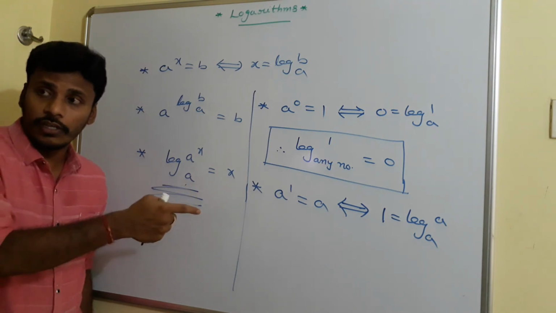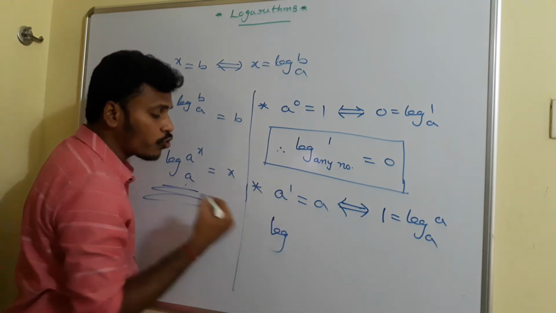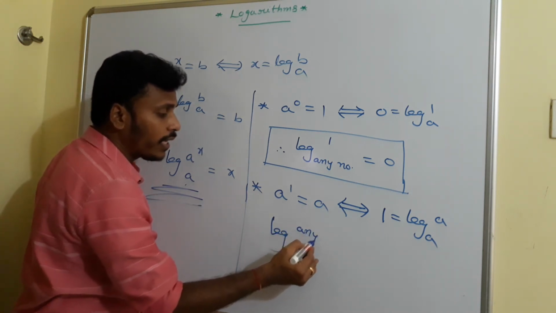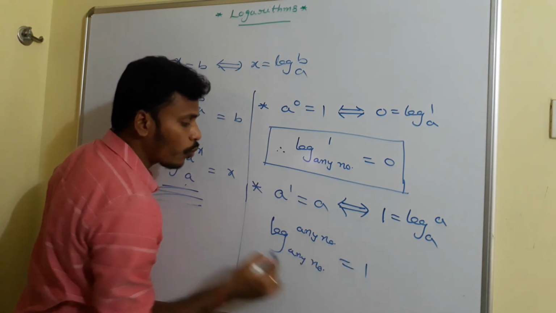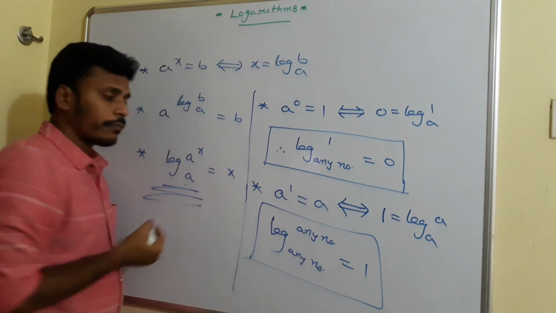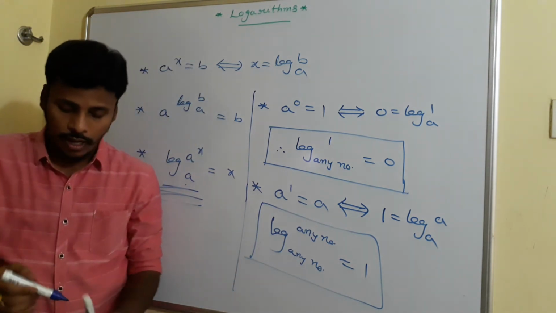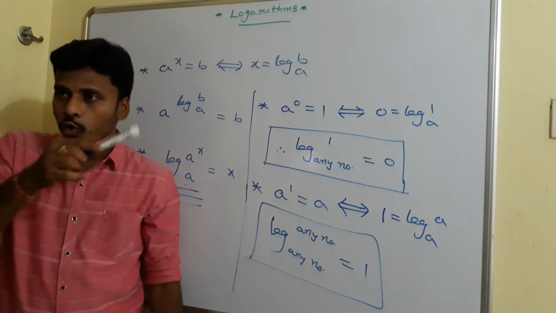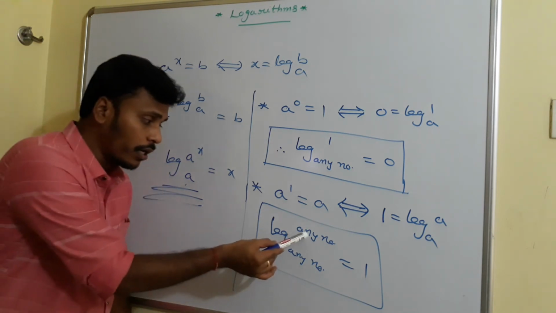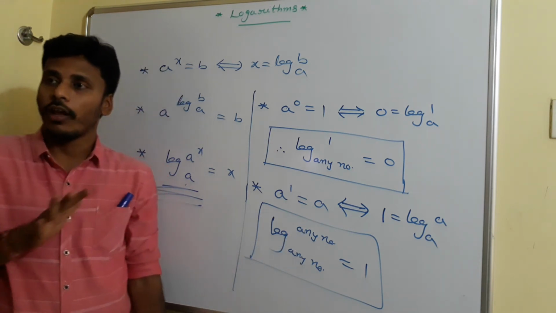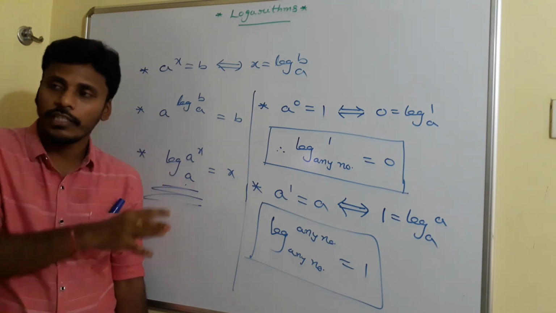Now what is it suggesting? It gives a confidence that you can answer that logarithm of any number base any number is always 1. This is also another law. Okay, now we have two more laws on the board. Logarithm of 1 to the base any number is always 0 and logarithm of any number to the base any number is always 1. See, finally what we have is all these very basic fundamental things.